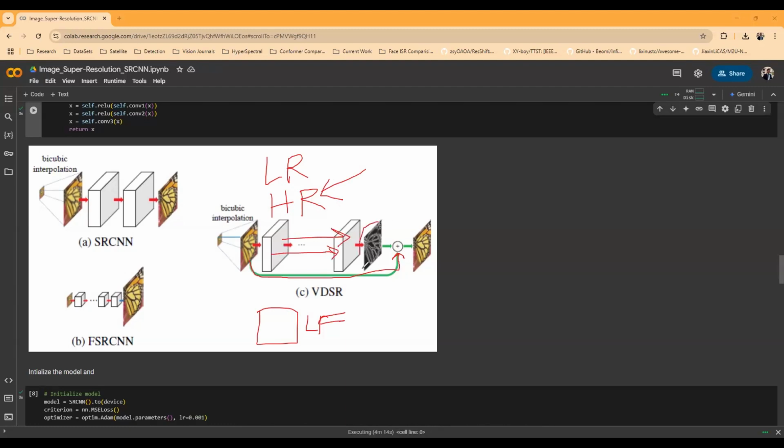So we can see that here only edge information is used. High frequency component means, in terms of image processing, we should all be aware that any change in the images corresponds to frequency. High frequency means a sudden or abrupt change, corresponding to the edges and various object boundaries in the images. So performing enhancement on only those components enables a particular model to have an even deeper architecture,